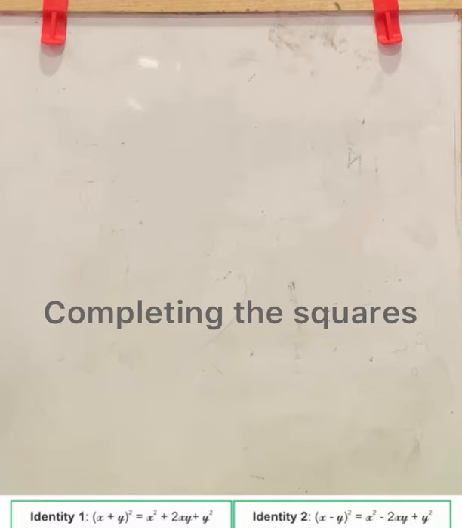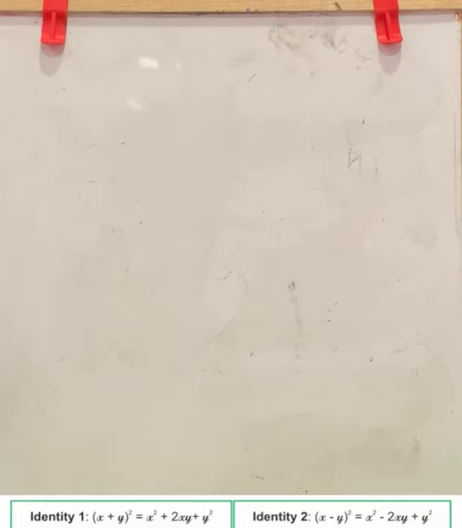We know (x plus y) whole square is equal to x square plus 2xy plus y square, and (x minus y) whole square is equal to x square minus 2xy plus y square. Based on these identities, we are finding solutions for the given quadratic equation. From the exercise questions, we are checking how to solve equations by the completing the square method.